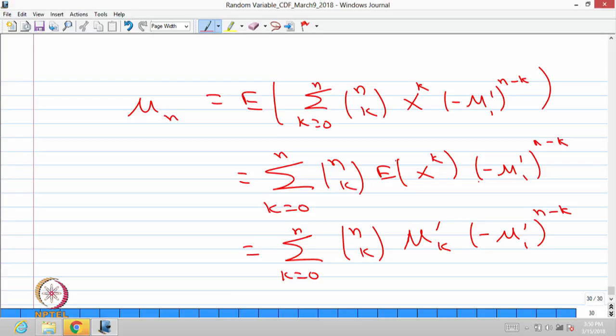Because of the previous theorem, when the nth order moment about mean exists, that means all the previous orders also exist. Therefore, this is a valid statement. With the help of previous moments about the mean, you can always find the moment of nth order about the origin. In conclusion, starting from first to nth order moment about the origin, one can get nth order moment about the mean. One can go for one easy example